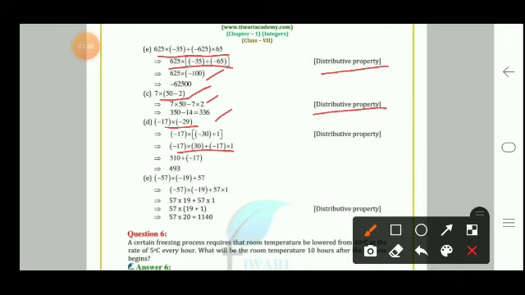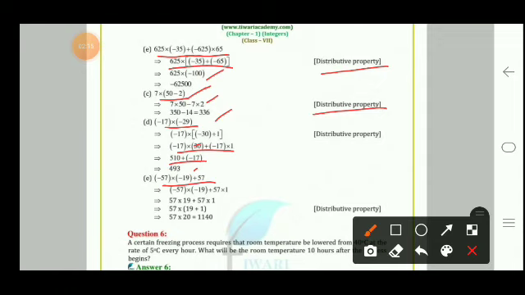So this sign is here minus 30. So this is 510 plus minus 17 into 1. That will be minus 17. So 493 is the answer. Then the last part is 53 minus 57 into minus 19 plus 57.